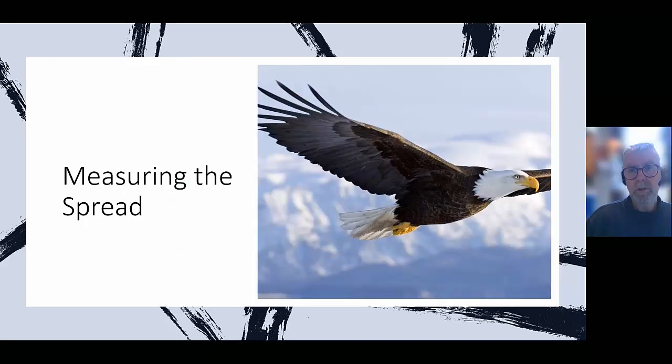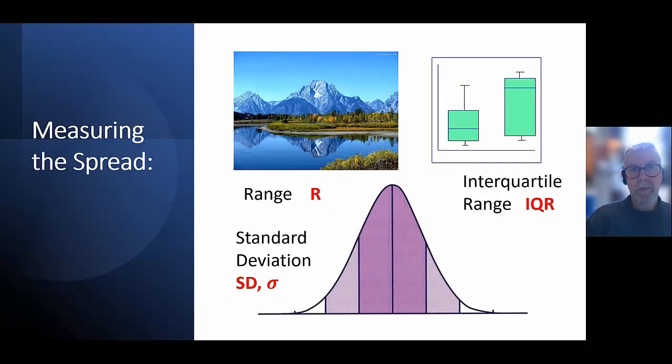Now moving away from the average and onto the second summary value that we need to describe the overall feature of a collection of data, and this is the spread. As with the measure of average, there are three common ways of measuring the spread of data. And these are the range, the interquartile range, and the standard deviation. And I'm willing to bet that you have at least heard of the range and the standard deviation from your school or college days. Again, I'm not going to go into great detail because I have also made a separate